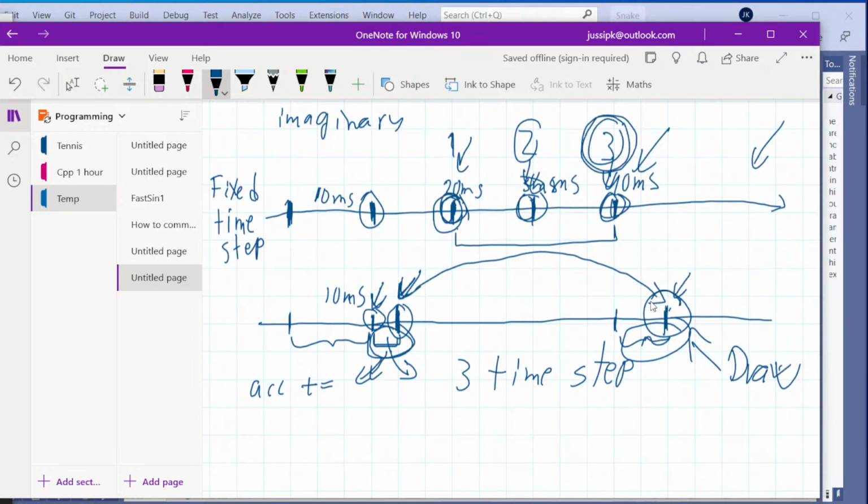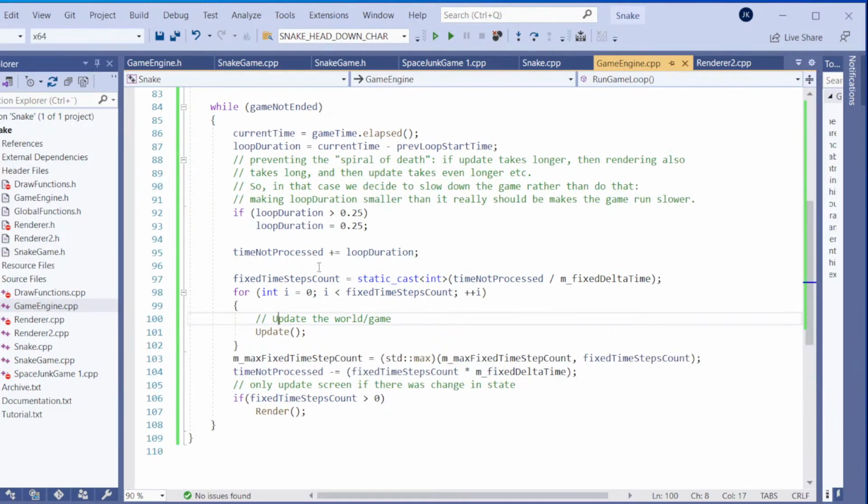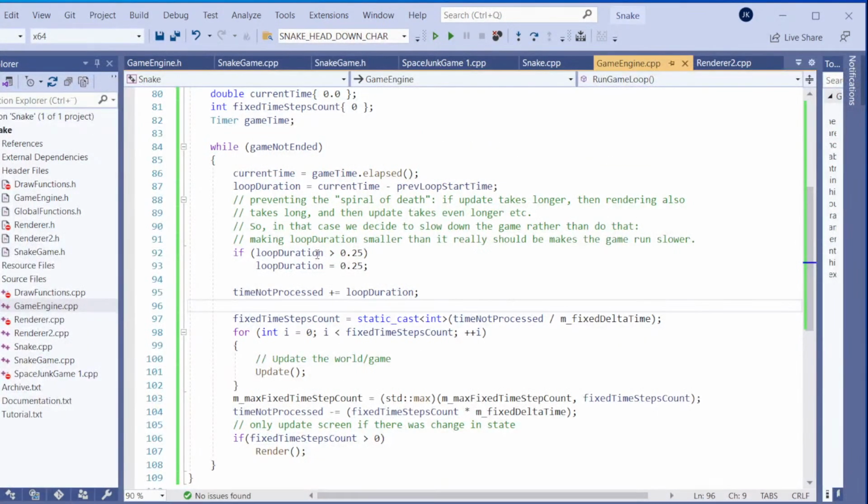We can also add this one to the drawing if we want, and that's another story. I'm not gonna do it maybe in this video, but the idea is that we will update the world. We will draw the world according to this one. Okay, so this is what I'm doing here. I'm not sure if I'm gonna go through this step by step, because I might do another video about this later on. But basically what I'm doing is that I'm